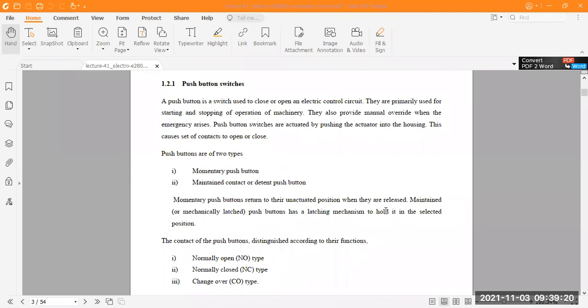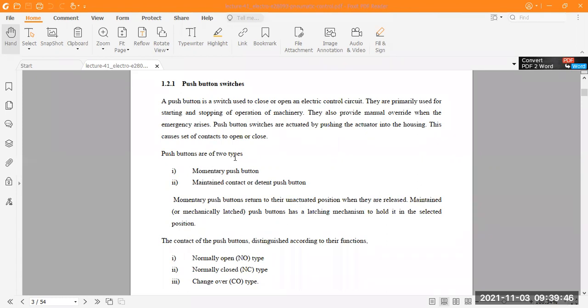These three colors we use in different controller actions for our process plant industries. When you press a momentary push button switch, it returns to the unactuated position when released. The maintained push button has a latching mechanism to hold it in the selected position.